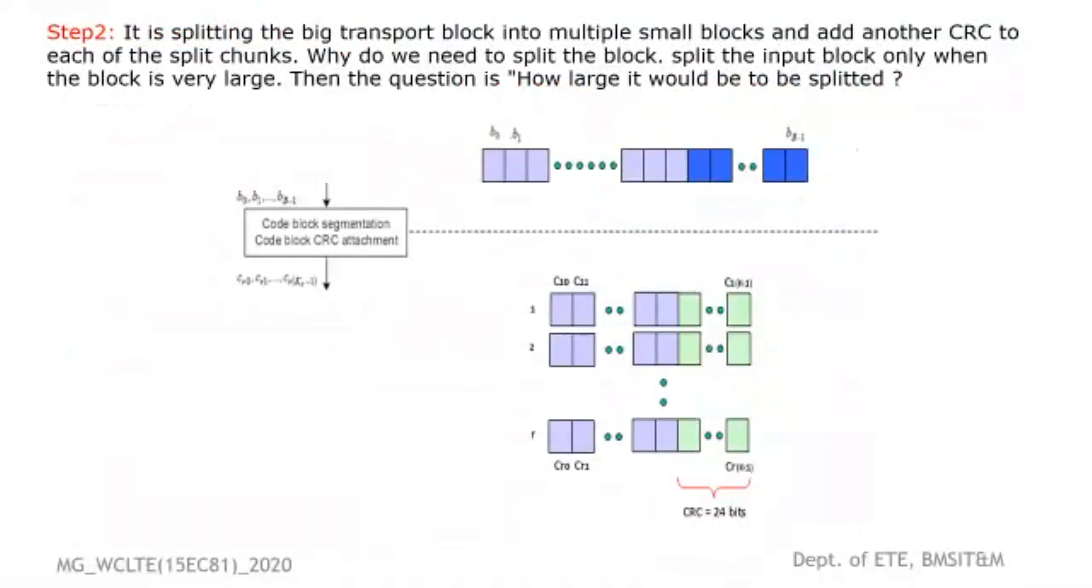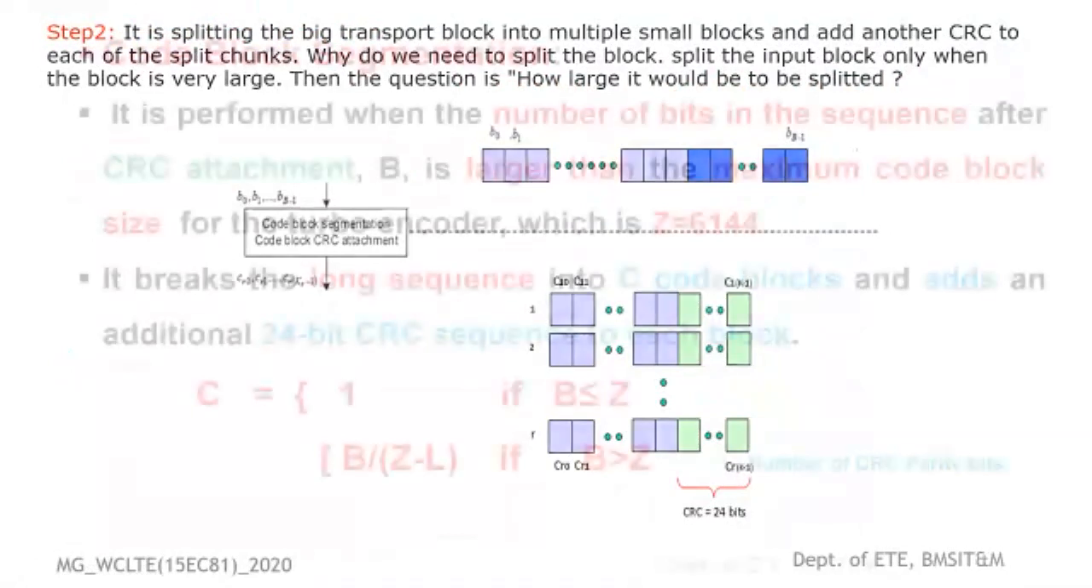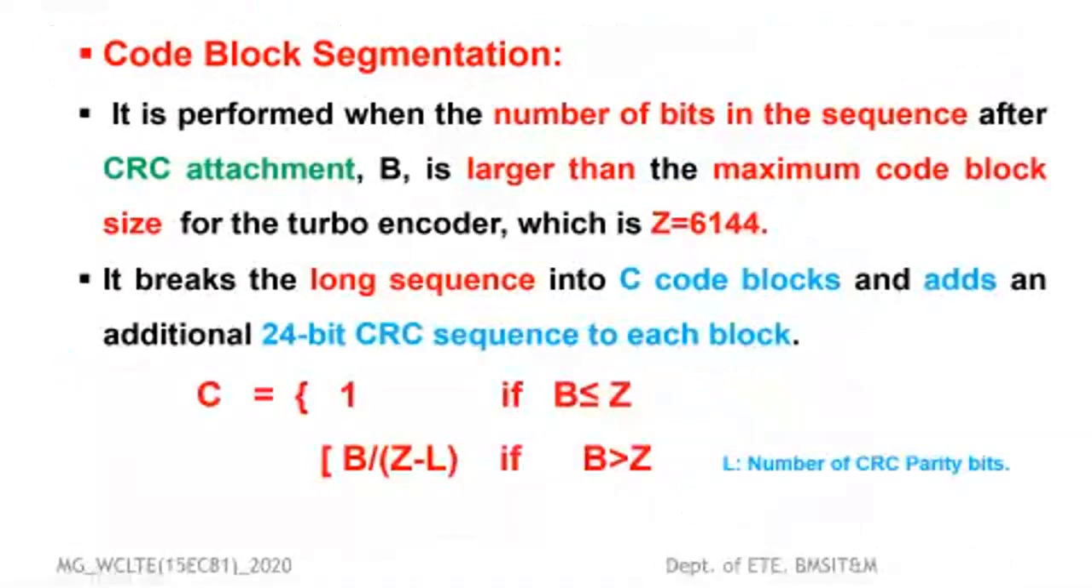See, this is what this one is, no? Is this diagram visible? Yes, sir. See, this is the transport block. For that, CRC bits are added. After that, this will be segmented. That segmentation, I said, this is the formula. Right, see, it is performed when the number of bits in the sequence after CRC attachment is larger than the maximum code block. Okay, that maximum code block size